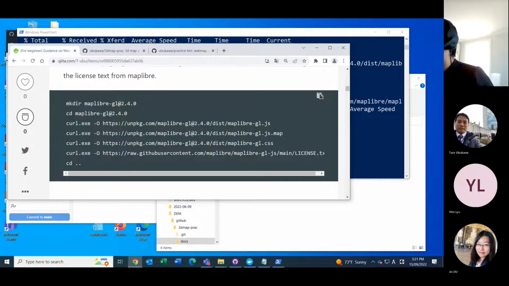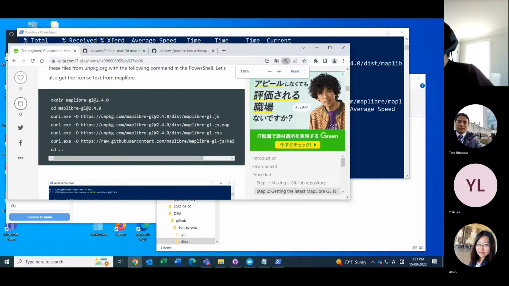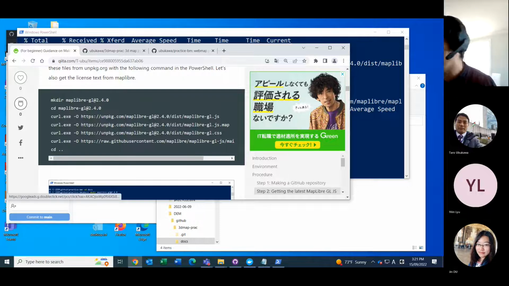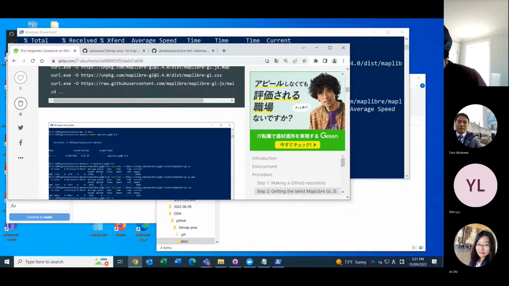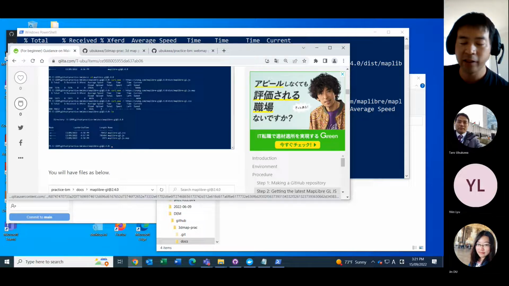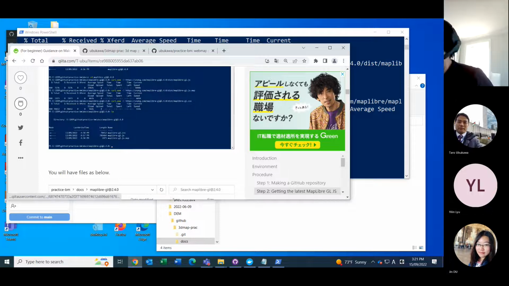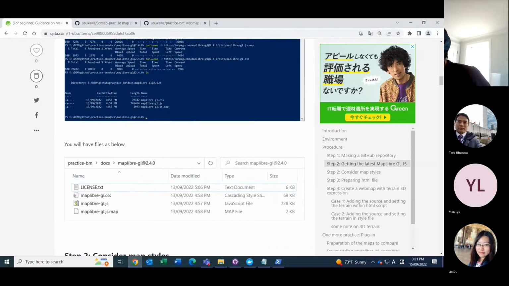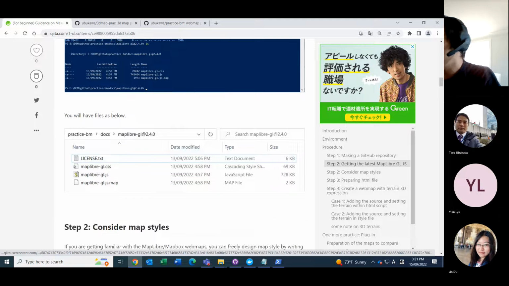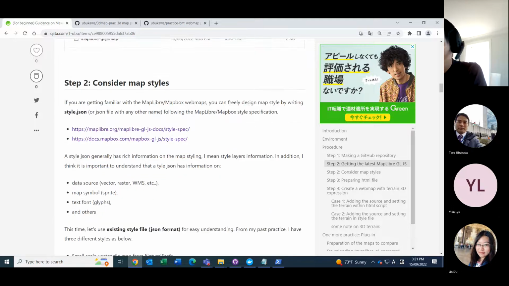And next, now we have the library, which is a kind of tool to draw our web map. So next, we have to think about the style file of the map, and also the source of our map files. But this time, creating the vector tile data and vector tile style from scratch is very hard. So we use existing style